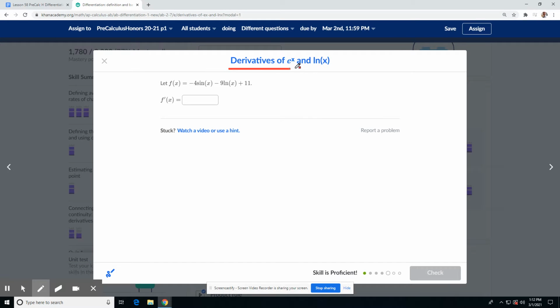We are now dealing with derivatives of e to the x and natural log of x. Well, the derivative of e to the x, get this in your notes, is the easy one. It's just e to the x. It's one of those special functions that its slope at any given point is the actual function itself. That's pretty cool. And then the natural log